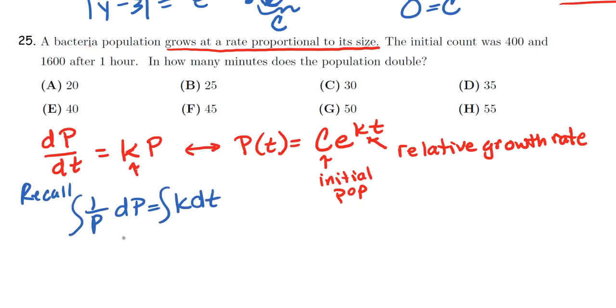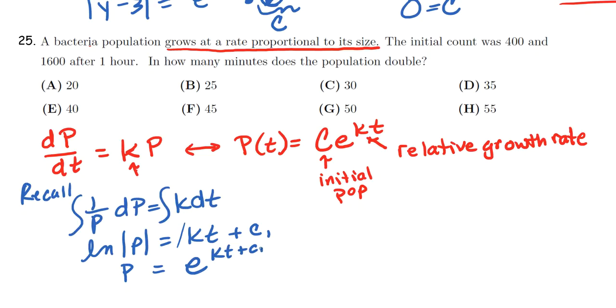and then we integrate both sides, and we have natural log of p is equal to kt plus our constant. And when we exponentiate each side, and you could say, well, if our population is always positive, if there's no negative population, you might not worry about that absolute value. But now when we exponentiate, I guess if I'm showing you, I should show you this step also. e to the kt plus c1 is equal to e to the kt times e to the c1. And then that became our